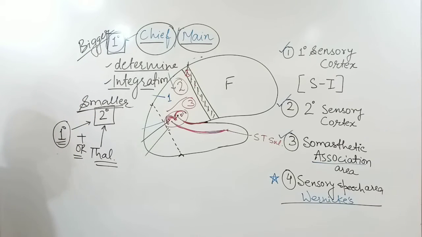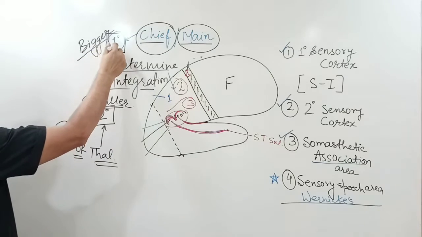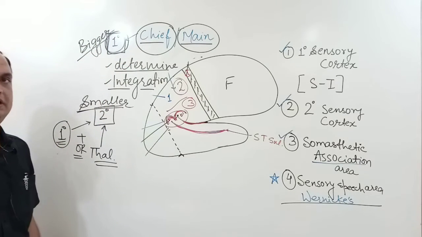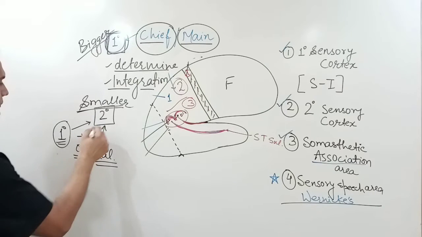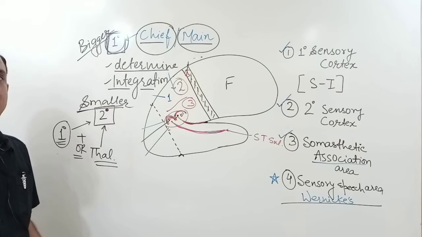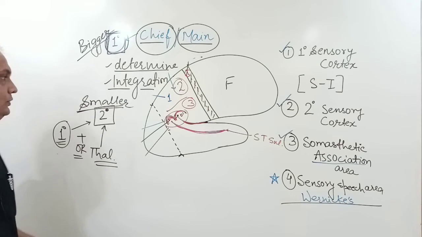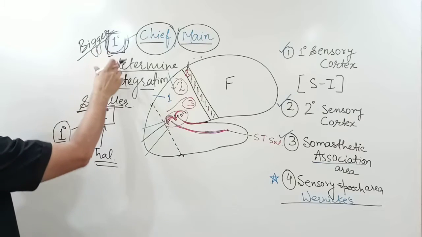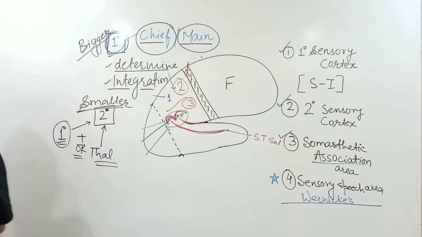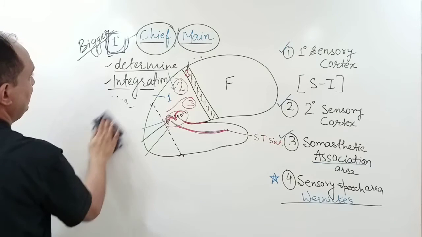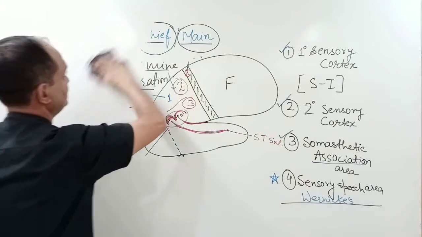And the second basic difference is that when you have a lesion in the primary areas, the affection, that means the sensory loss, is very high. But if there is a lesion in the secondary areas, the impact is very little. So the secondary areas receive fibers from the primary or from the thalamus, and the primary areas are the chief relay station for the principal fibers, the main input fibers to the sensory cortex.